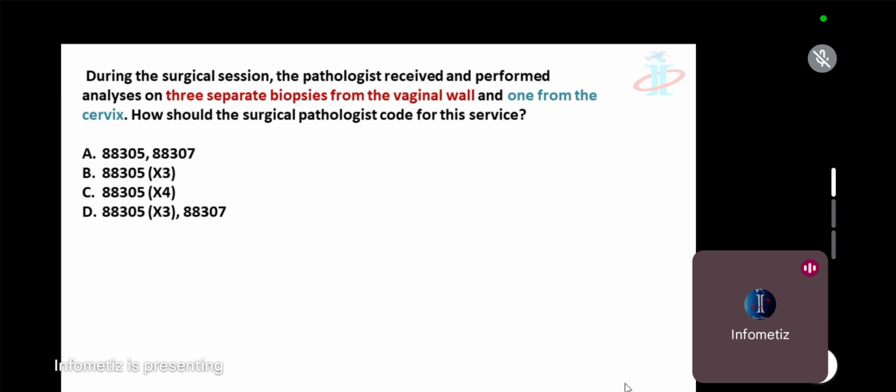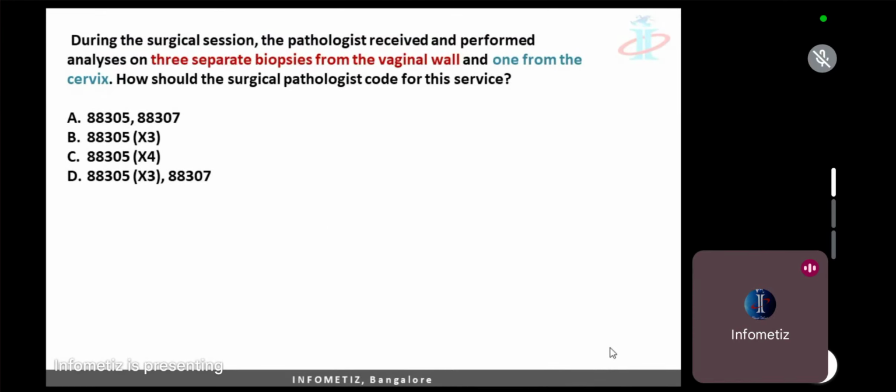Now, smart work. 305 is the code for vaginal wall. How do I know? In option C also it is 305 into 4, and in option D it is 305 into 3. It means 3 codes are for vaginal wall biopsy. Now my intent is only to check whether the cervix comes under 305 or 307. If cervix is 305, then C will be the answer. If cervix is 307, D will be my answer. What is the answer? D. Cervix is on a